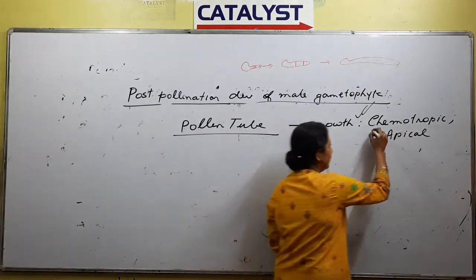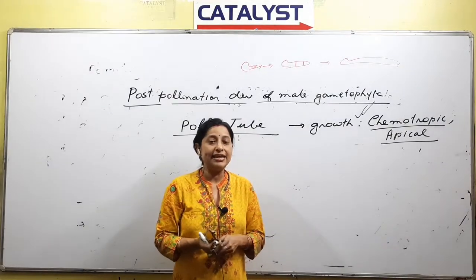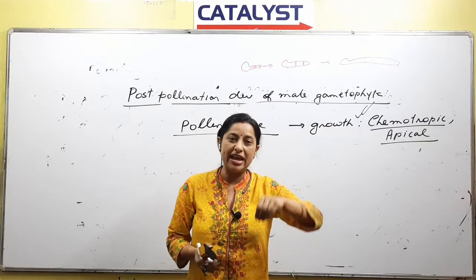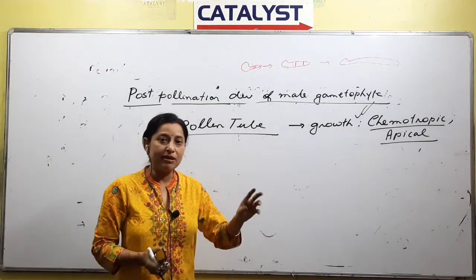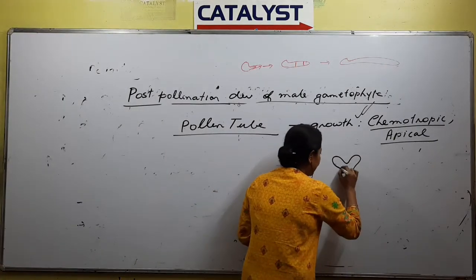What is chemotropic? Chemical related. Because of chemical attraction the pollen tube germinates, and it penetrates through the style, right? The pollen grain has fallen on the stigma, and from the stigma it goes inside. If you remember this diagram, no? So this is the next part that we'll be discussing.